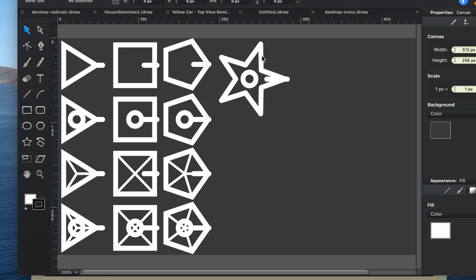This big star here is you, the player. Triangles will be flying units. They can cross over barriers like walls and gaps. Squares will be ordinary land units. They can not cross walls or gaps. And then pentagons could be burrowing units. They can cross under walls, but they can't cross gaps. And then I also have some